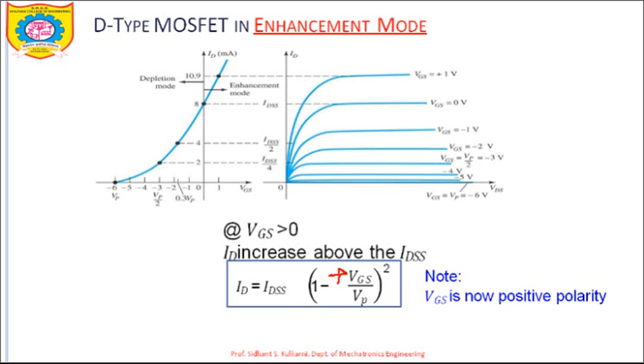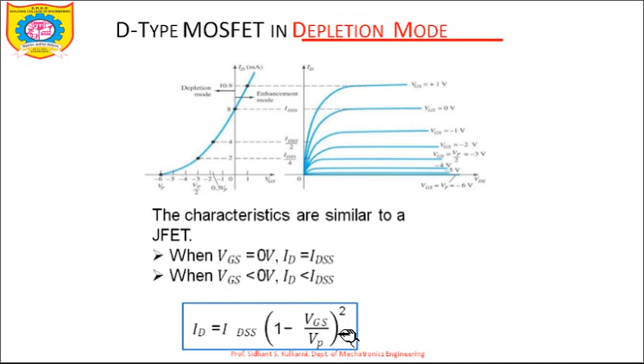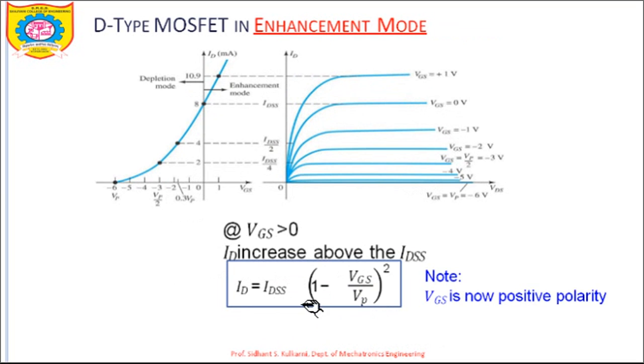So assume that in the previous slide, in the depletion type of a MOSFET, if VGS is 0, ID is equal to IDSS. And if VGS has a certain finite value, ID will also have a finite value, but it will definitely be less than IDSS. In the next diagram, we can observe IDSS times 1 minus VGS upon VP. So when the depletion type of a MOSFET is operated in the enhancement mode, we can observe that it may increase the IDSS value. Let's say VGS is equal to 1 volt and VP is equal to 2 volt. So 1 by 2, 1 minus 1 by 2 is 1 by 2, bracket squared. So ID may increase beyond the IDSS limit.